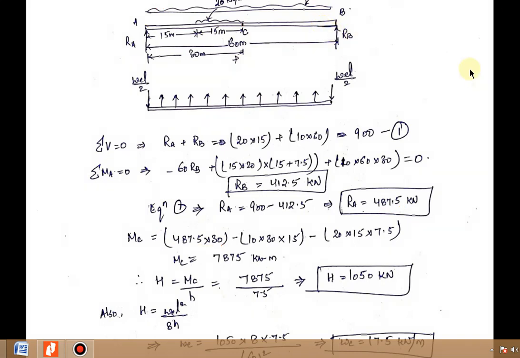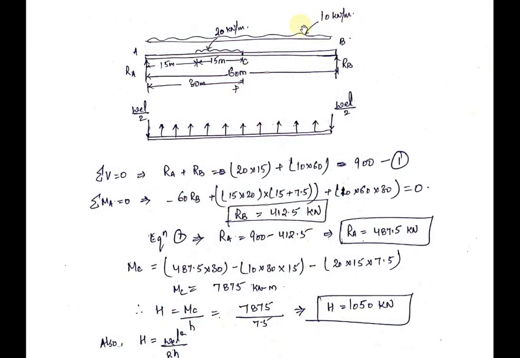Now let's see the next force. So the next force is your dead load. So this 10 kilonewton. So first convert this dead load into point load. So 10 into this span. The left of C point is 30. So 10 into 30. Now this point load will act at a distance of half of 30. So the perpendicular distance will be 15. Now this dead load is acting in the downward direction, so this dead load will produce an anti-clockwise bending moment about point C, and if the left moment is anti-clockwise, the bending moment is negative. So minus 10 into 30 point load into perpendicular distance of point load from the C point, 15.